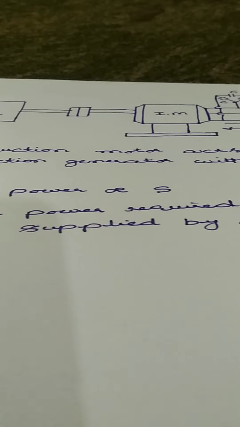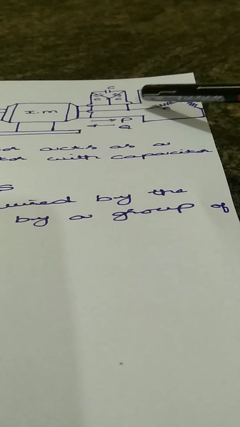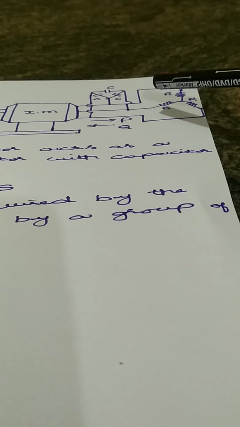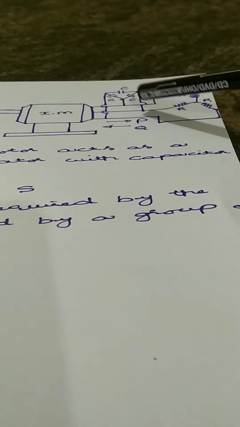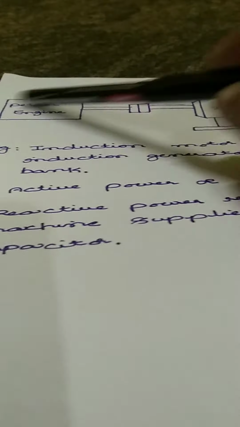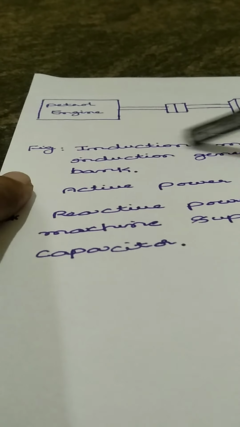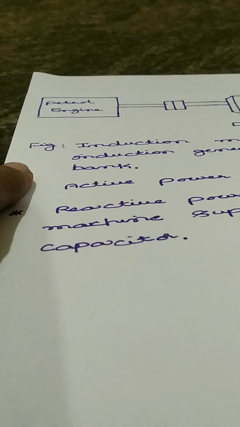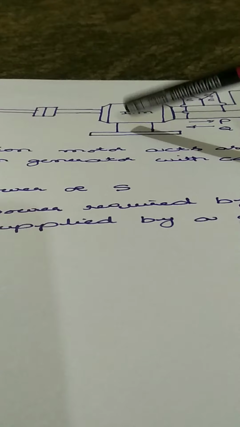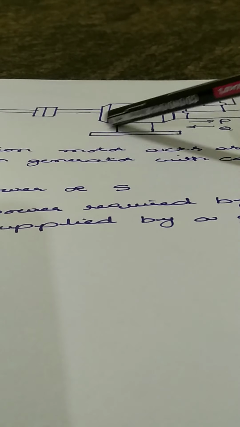So this is the system we are using as a standalone system. The power is fed to the standalone system, and the reactive power is supplied by the capacitor bank here. For analysis purposes, I took a petrol engine. Actually, in the practical field, we are using wind. By using wind, we are rotating the induction motor and running it as an induction generator.